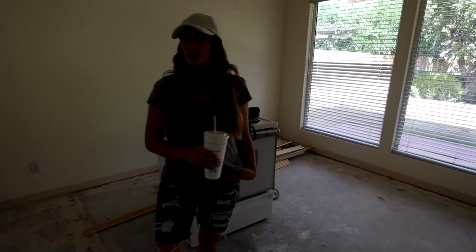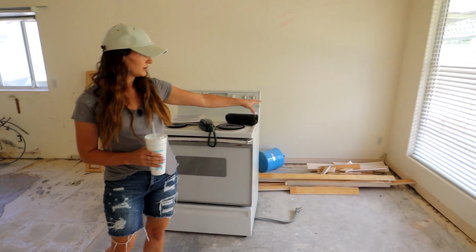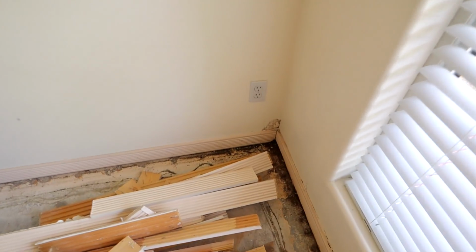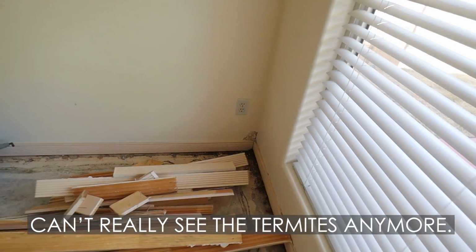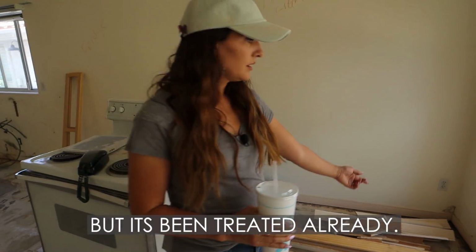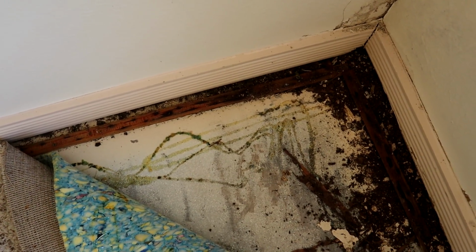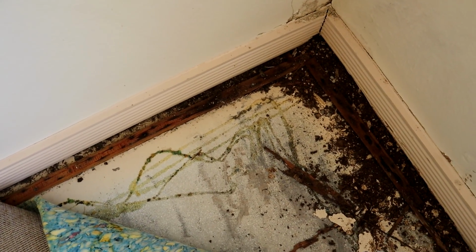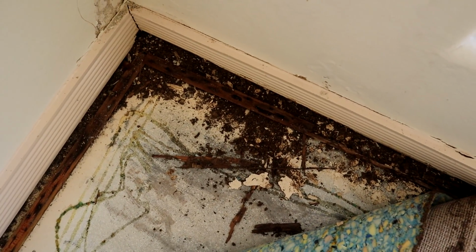Like, we're gonna have to check all the wood because of the termites. The termites were in this corner. Who knows where else. So we are treating, well, the whole house has been. Can't really see the termites anymore. Thank heavens. But it's been treated already. Because there's like dirt. When you lift up carpet and there's dirt in the corner, like, it's not good. I don't know how that got there, but anyways, Mike Bear is like, yeah, I can fix everything, but it's